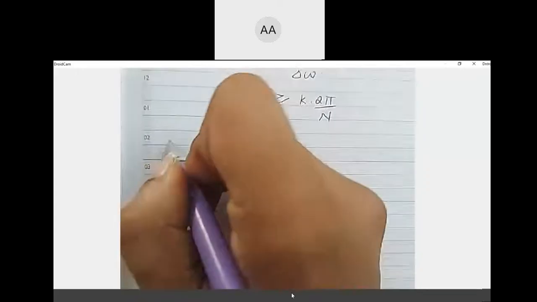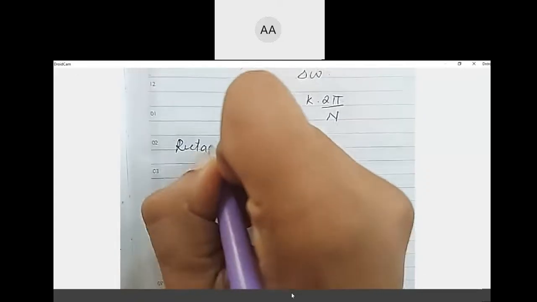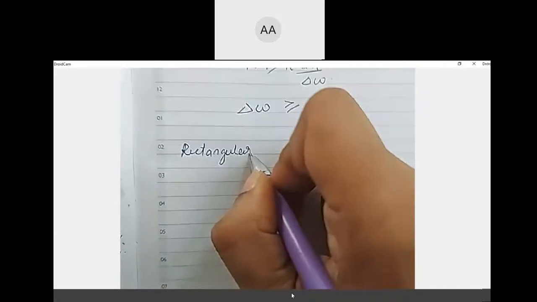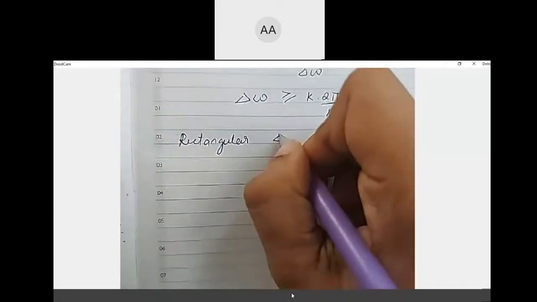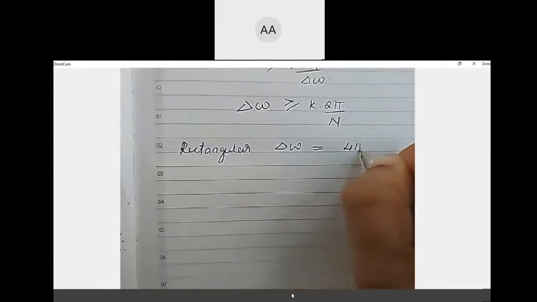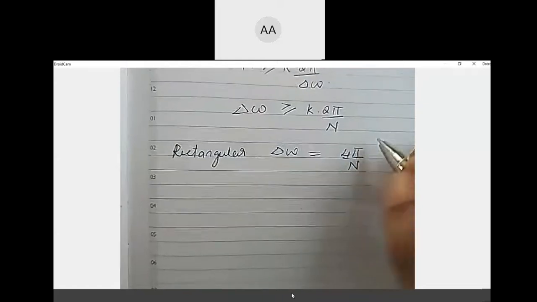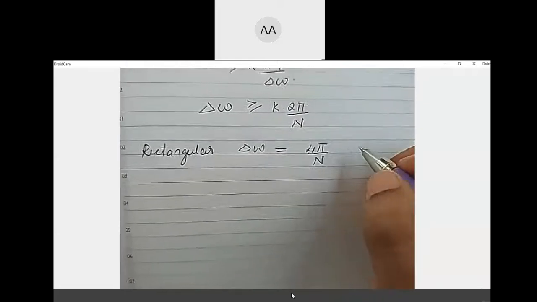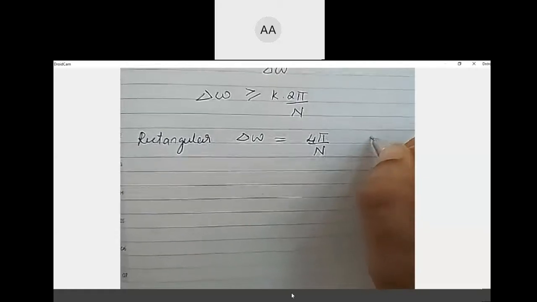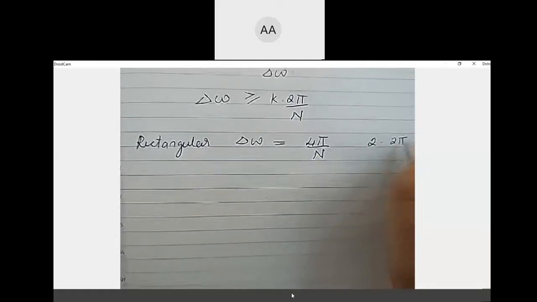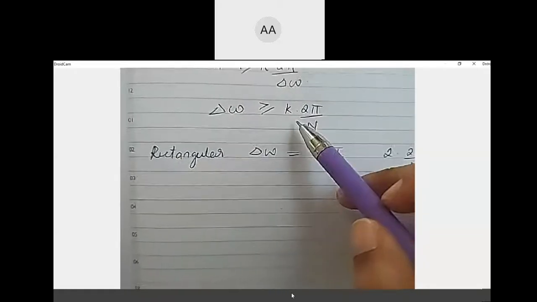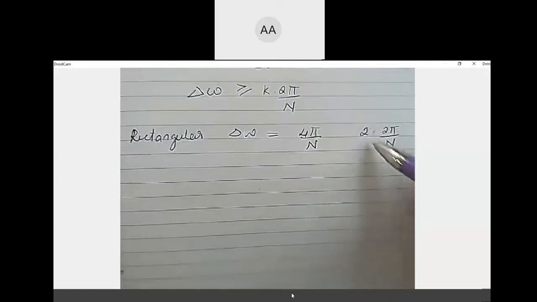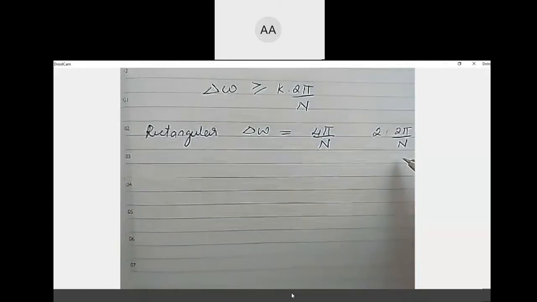Now for the rectangular window, your delta of omega is given as 4 pi by N. That means if you write it in terms of 2 pi by N, it is 2 into 2 pi by N. Some constant value k into this 2 pi by N, so it's a multiple of this 2 pi by N value.